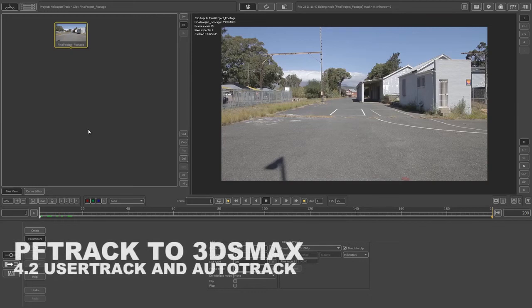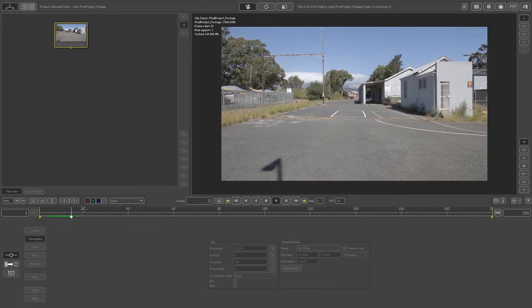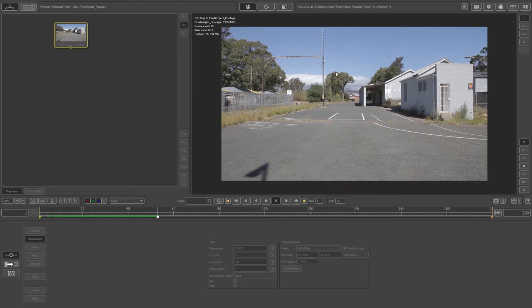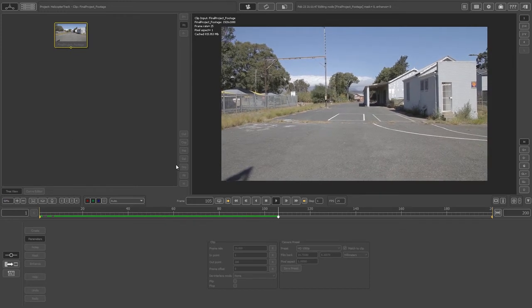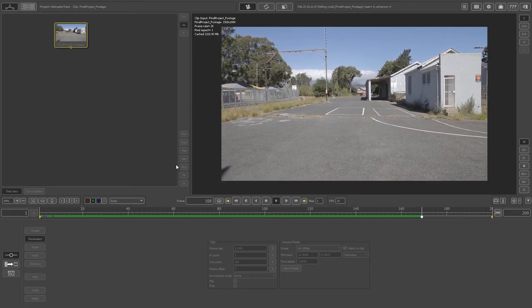So welcome to this video where we're going to be doing all the 3D tracking in PFTrack. Before we start, let me just quickly explain to you guys what PFTrack is and what you can do with it. So basically, if I just play through this clip quickly here on this timeline, if you press spacebar, this will play. So as you can see, this is a handheld shot, and basically using PFTrack you can create a